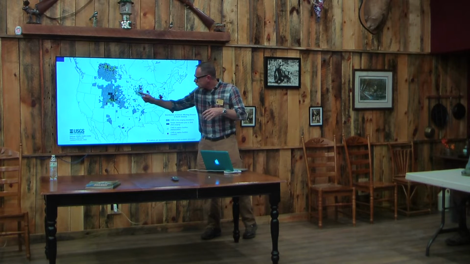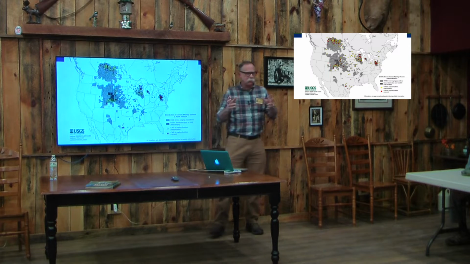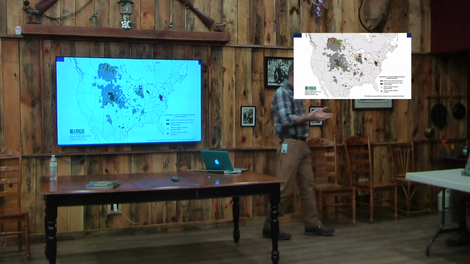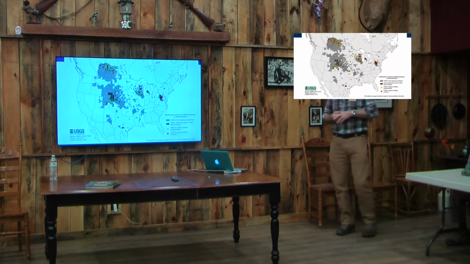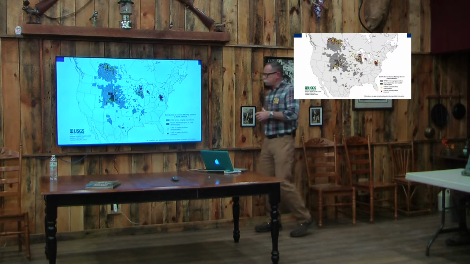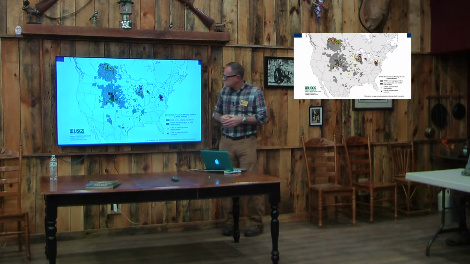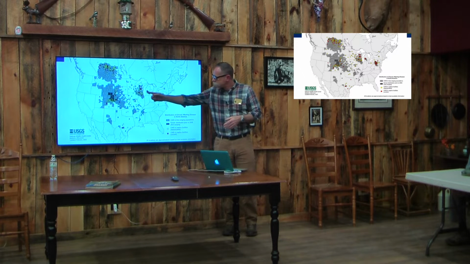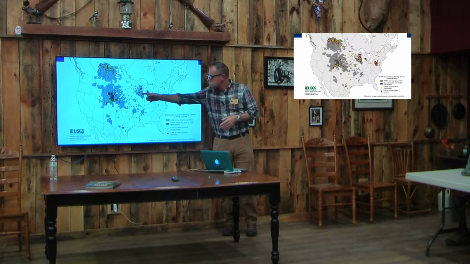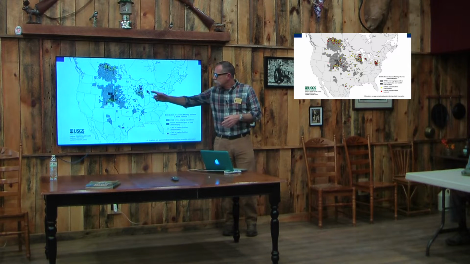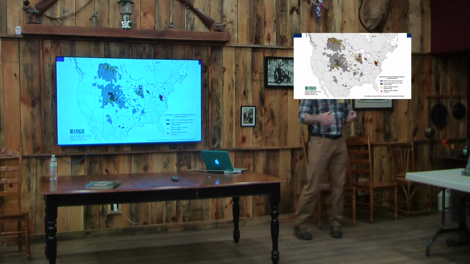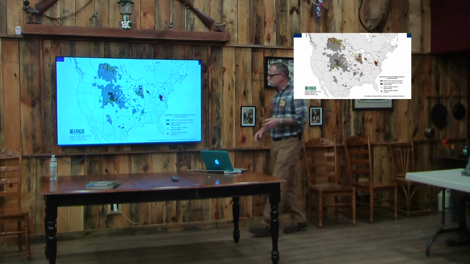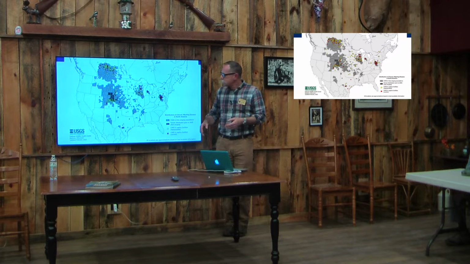Red dots are captive service facilities that have chronic wasting disease detected in them, and they haven't been depopulated yet, which is a really bad idea unless you want to make more prions. So I'm not quite sure what political things are going on here to allow these guys to keep these deer. Yellow dots are captive service facilities where chronic wasting disease was detected, and they went in and depopulated all the deer. So you'll notice a couple of things.